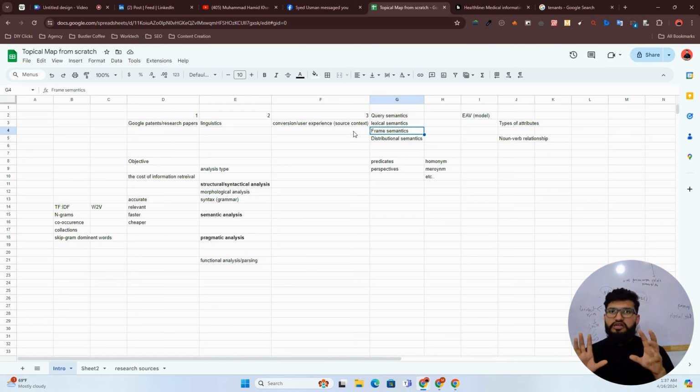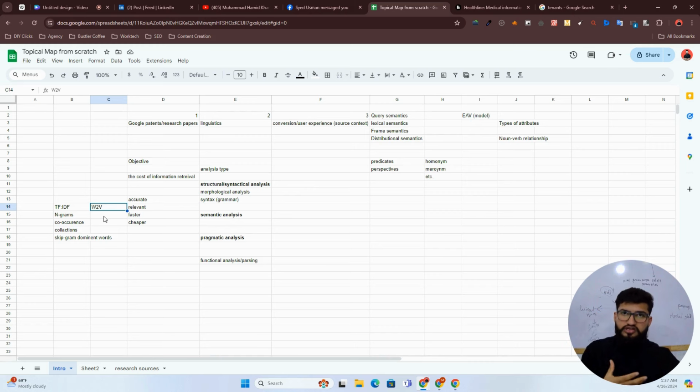Distributional semantics is basically understanding the behavior or study of documents, how documents are constructed, and how Google determines relevancy based on the word-to-vec model, for example. Because the search engine embeds those real words that we see on screen into vectors first and then processes them further to identify the relevancy and then connect them with each other based on their attributes.